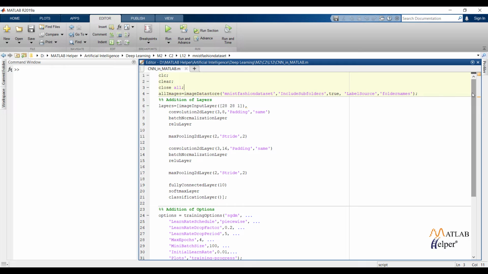Each input channel is normalized over a mini batch by a batch normalization layer. After that, the ReLU layer applies a threshold operation to each input element. It will set any value less than 0 to 0. Downsampling is accomplished using the max pooling layer, which divides the input into rectangular pooling sections and computes the maximum of each one.